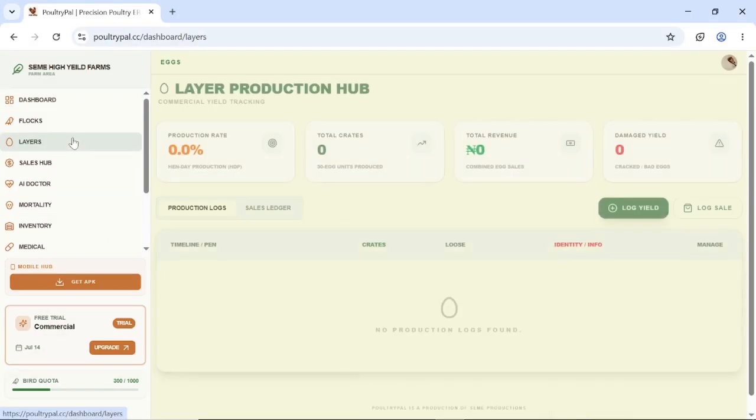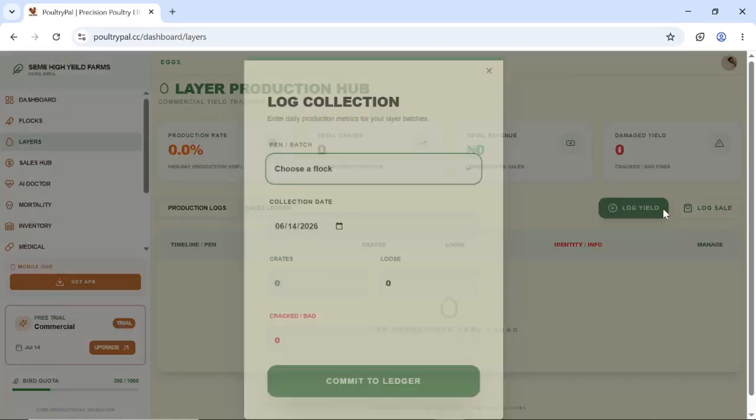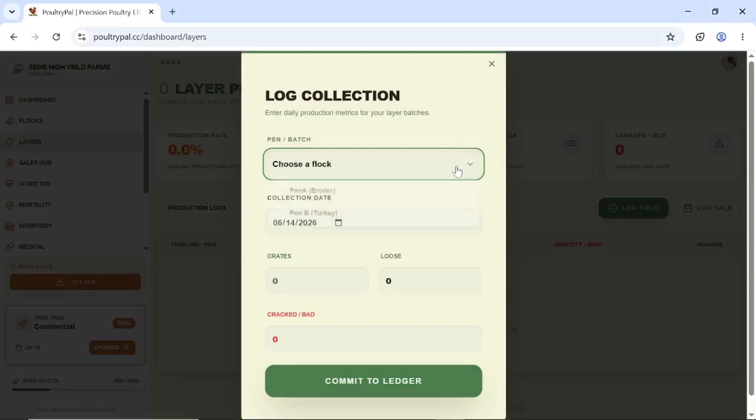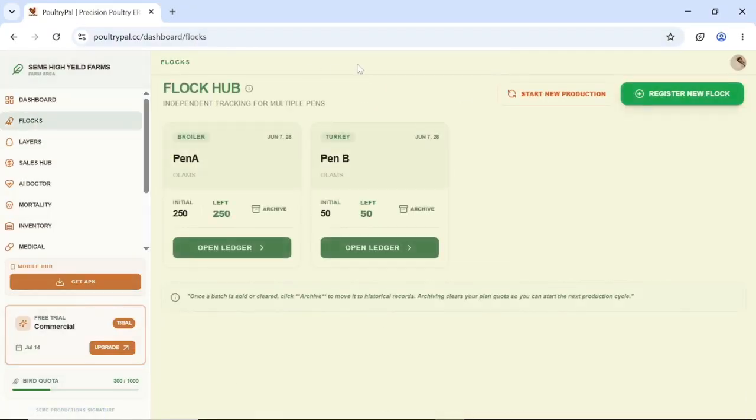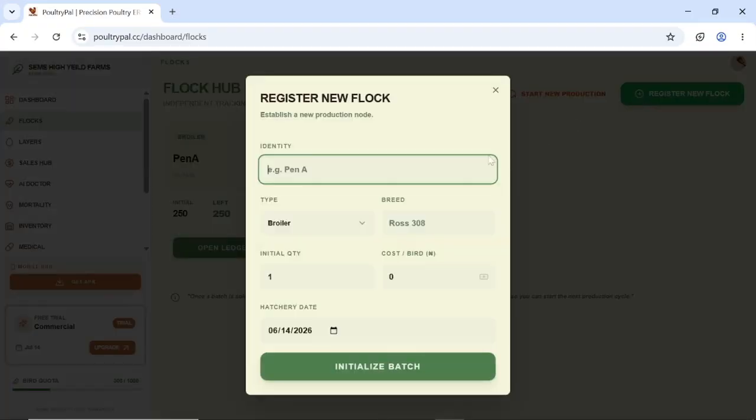Then it also works for layers. If you have layers, let's say for instance now I buy from that, my thing is broiler, though broiler does not do this. For instance, okay, let's do this. Let's create one more. Let's see a pen C, a pen C,